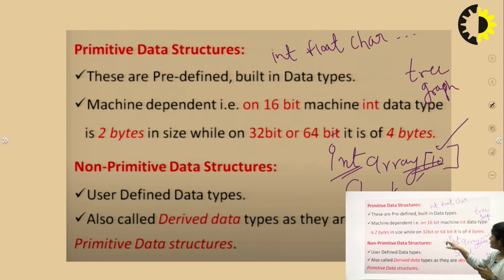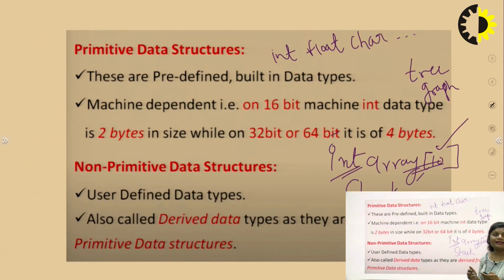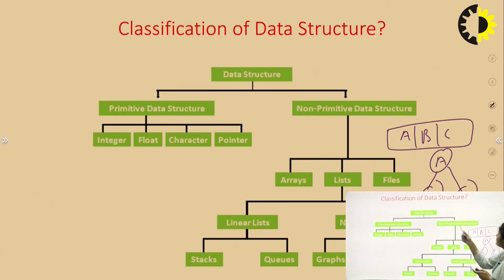So what we say here is that non-primitive data structure is derived data structure. It is derived from what? We take integer, so it is derived from a primitive data structure. Okay. So in our first slide, non-primitive data structures are array, list, files,